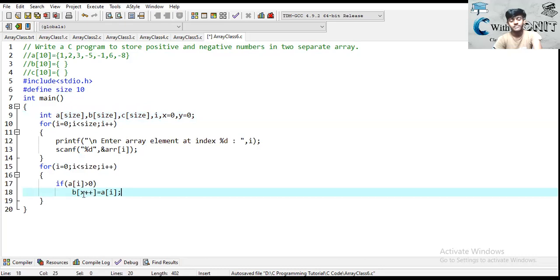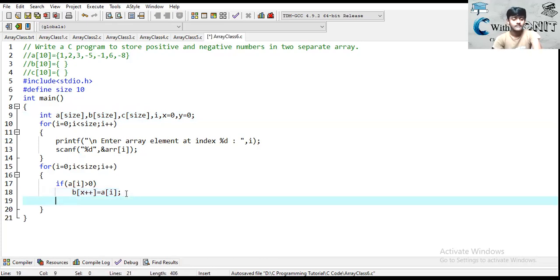Okay, that means at the first time X is 0, so the number will be stored in index 0 of B, then X will be plus plus, so X will be now 1. So next time it will be stored in the array of B in index 1. And